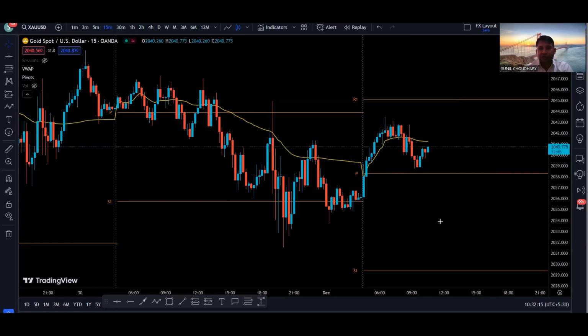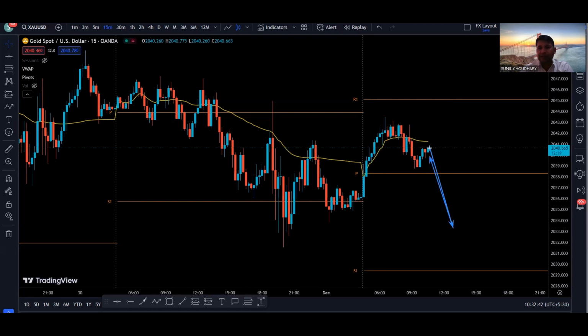For the short, I want the price to either break this low, or if the price comes down, I need a healthy breakout of this pivot to the downside. So maybe it'll be great if we can break this swing low as well. Basically, I need a healthy breakout to the downside and then a pullback. It'll be great if we can pull back to this pivot line, but if not, then I'll be waiting for